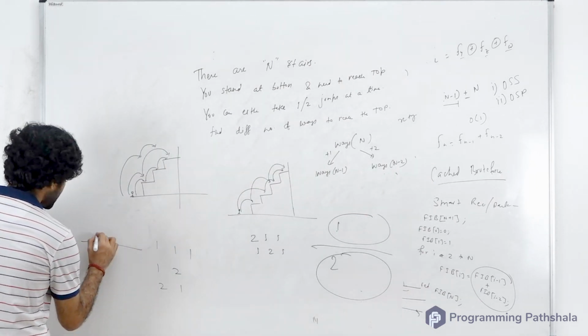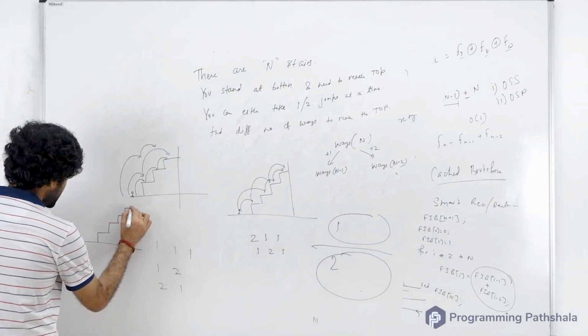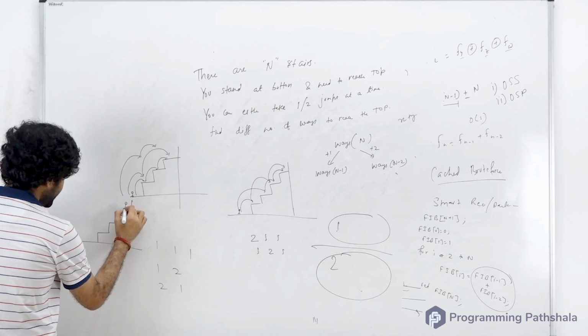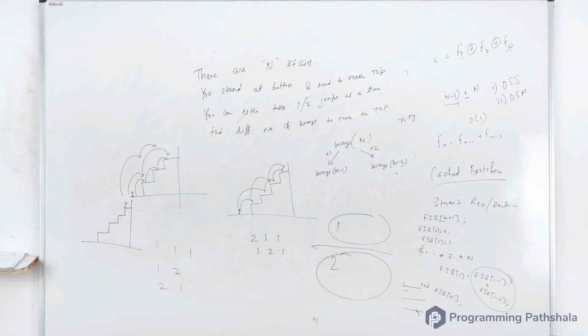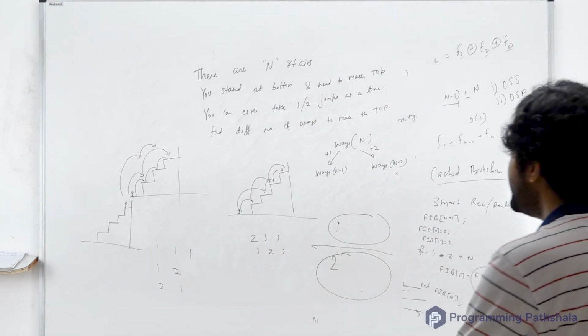If you are here, you are already at the top. In that case, what will you say? How many ways are there to reach from top to top? 0 ways, because you are already there, so you would not take any more jump